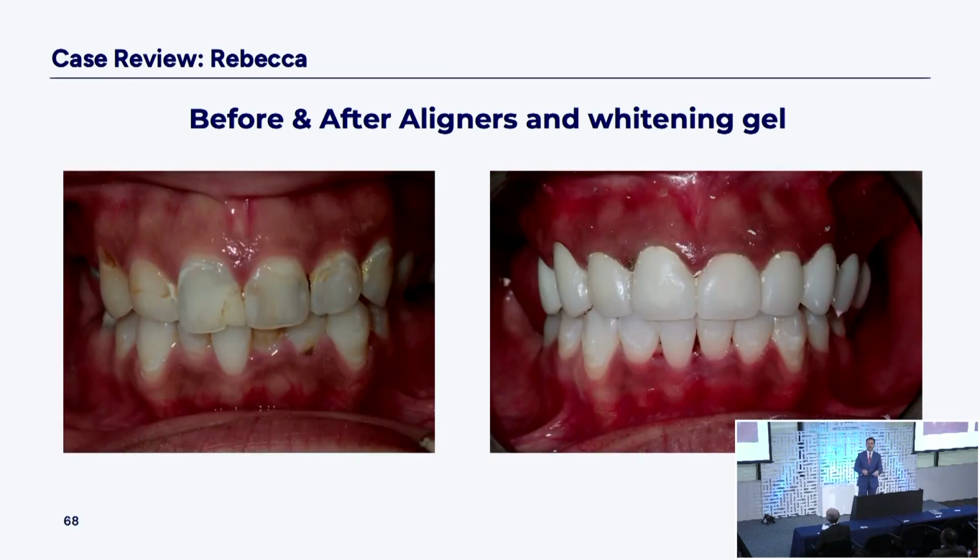So here we are after the alignment. We've done upper temps, lower alignment plus the gel. Look what the whitening gel did to her lower teeth. Those are her own lower teeth. Whitening gel, big change. Luckily, the temps I threw in B1. I tend to throw in the temps in a B1 or XL because I know where the whitening gel's going. So even though we put the temps in and then added the aligners with the gel, 2 weeks later, you're all caught up. So I've got nice light temps, I've got my B1 shade, the gum tissue's remodeling nicely,